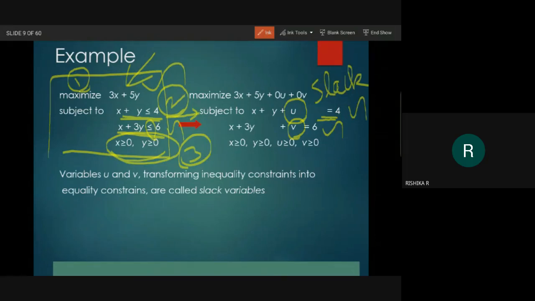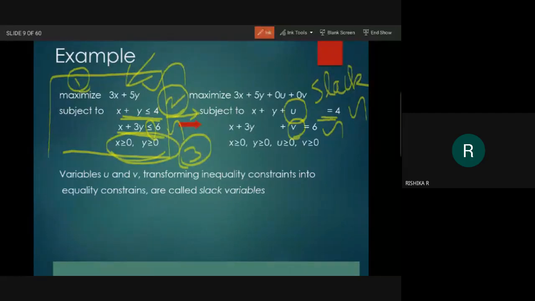Okay. And now, a summary of the simplex method. The first point, just note down in your notebook: initialization. This is the first step of your simplex method. Initialization will be checking whether the given linear programming problem is in the standard form or not. If it is not in the standard form, it will be converting that into standard form. This is the first step of your simplex method. Then the second step is